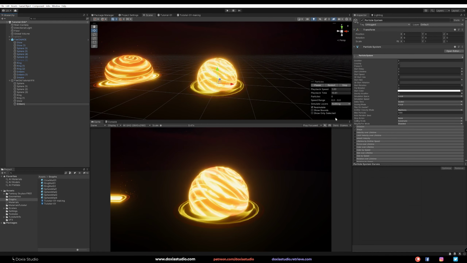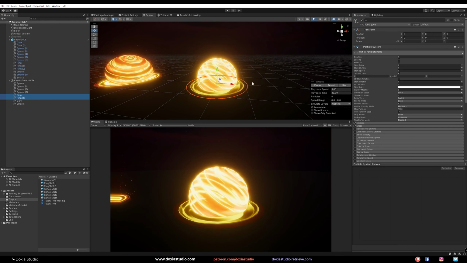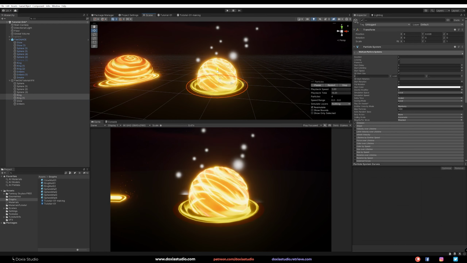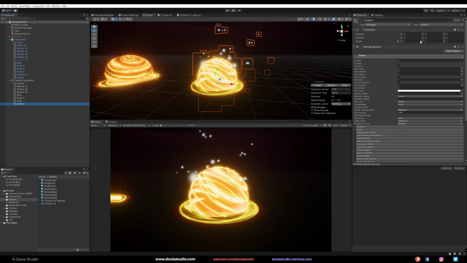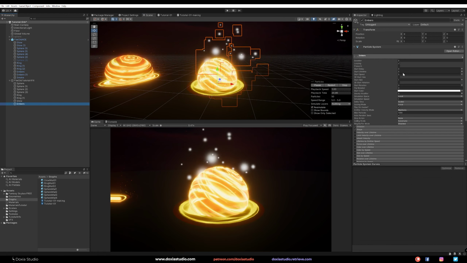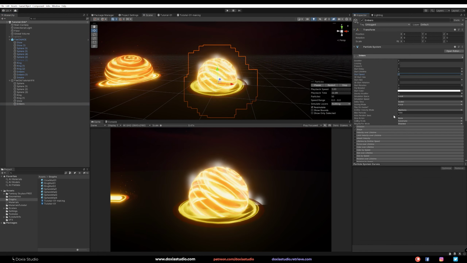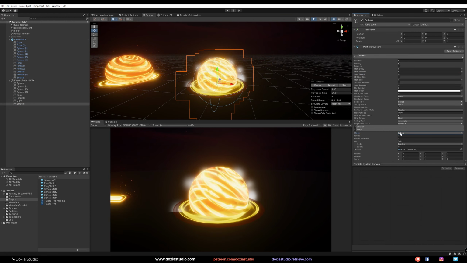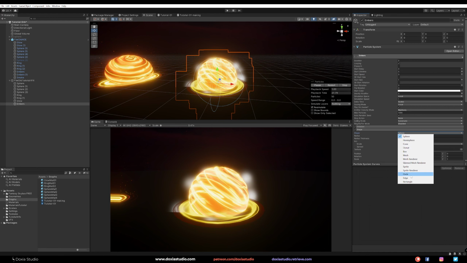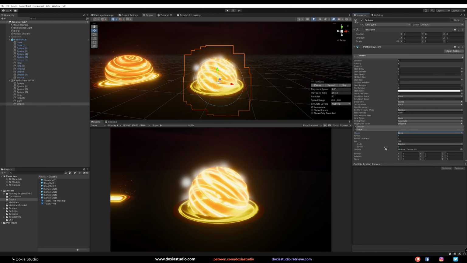Let's call it embers. Okay, and wait, let me just bring this up a bit. Okay, something like that. On embers, for now, let's turn off the speed. The shape is going to be a sphere again. And let's go with circle so we can play with this a bit.